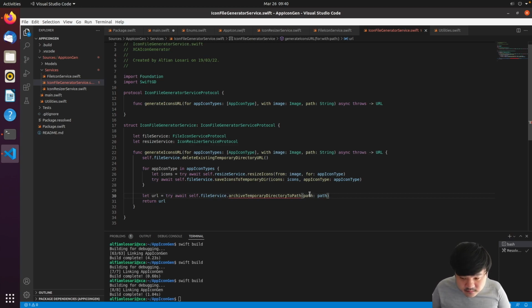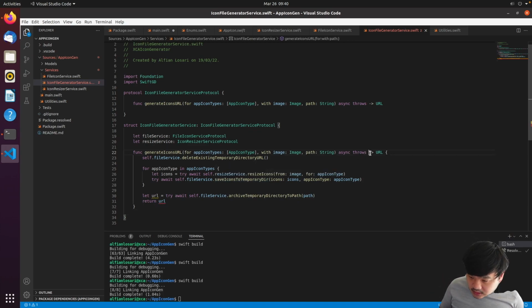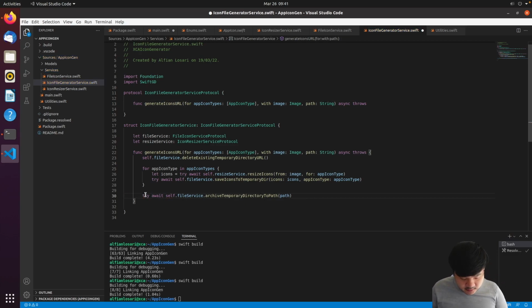Okay, I don't think we need to pass the path. Okay, and in here we don't need to return the URL, so let's remove this because we already know the export path. It's given by the user, right? So let's just invoke try await without any return. Okay, now we have this, right? We can start the integration